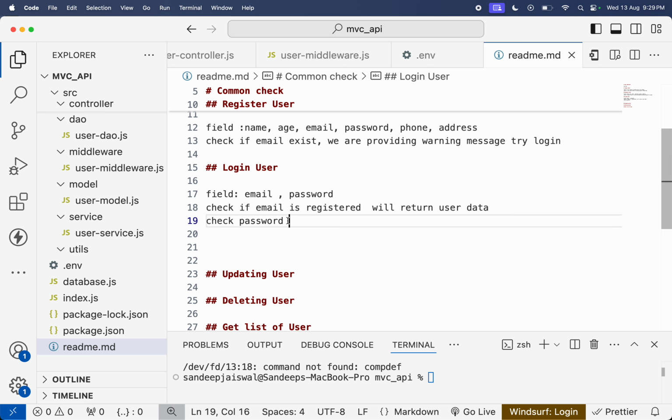Yeah, so if the password is not the same, then what will you tell? You will tell incorrect password. And if the password is correct, then what will you do? You will just tell login successful. Check password if